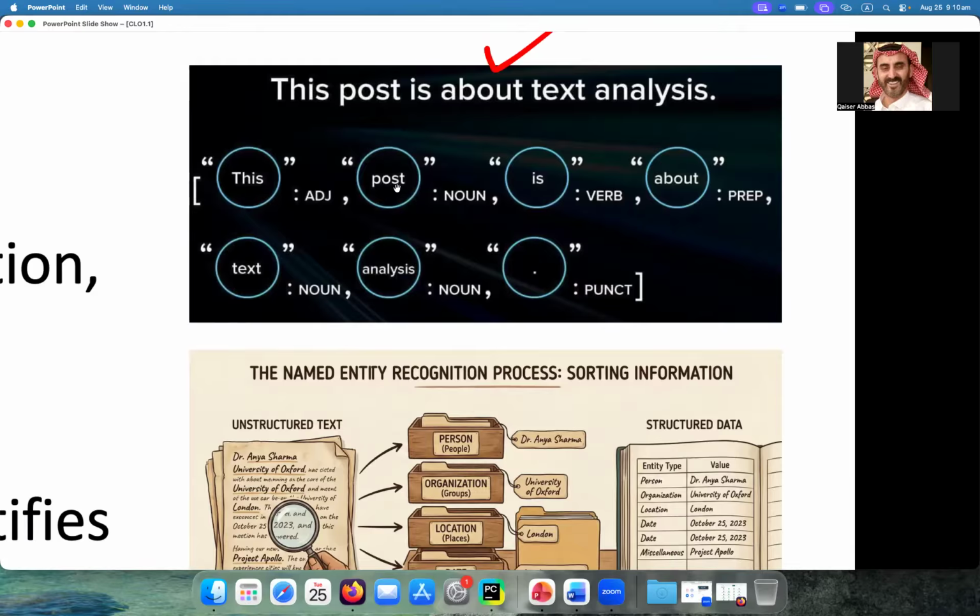Then post is a noun. Then is is a verb. About is a preposition. Then text is a noun, analysis is a noun. And then the dot is a punctuation symbol, PUNCT. So this is now a tag. Or you can make it shorter: noun as only N, verb as only V. You can define your own tags,